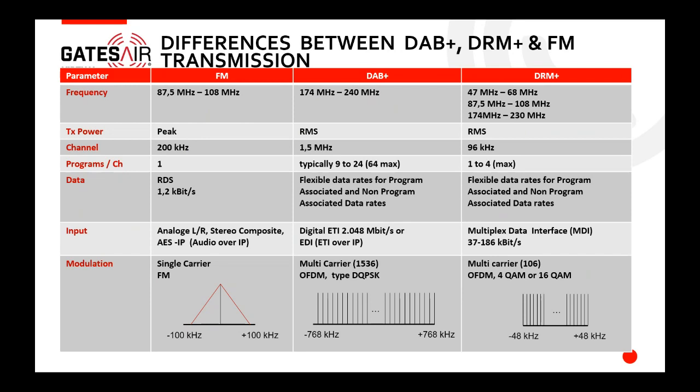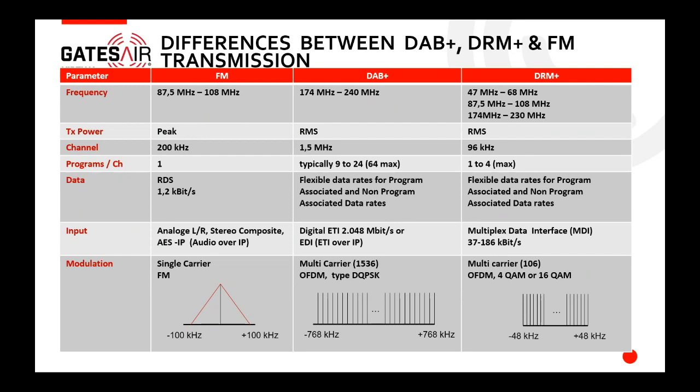When you look at DAB or DRM, and then the sidebands for HD Radio, there are a series of carriers that all pop up within a certain bandwidth. So the core modulations are a little bit different. When we talk about power levels in DAB or DRM, we're talking about RMS power, whereas in FM